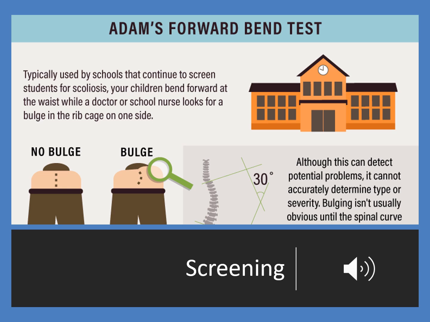So again, we do what's called the Adams forward bend test, and that's just where they'll take their t-shirt or whatever shirt they have on off or hanging around their neck, and the physician or the school nurse, looking at them from the back, has them bend forward and just let their arms dangle in front of them. And really what we're looking for is if there's that bulge. So there's a nice little example of no bulge versus having a bulge. Again, it's not a reliable test, it's just a screening tool